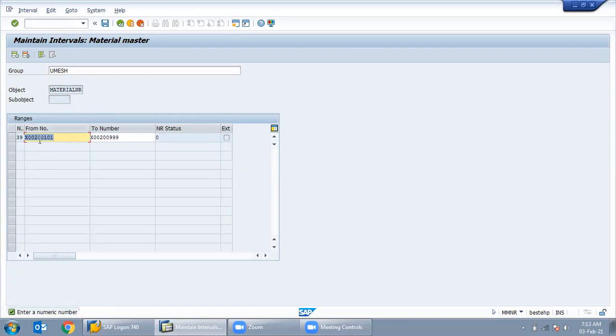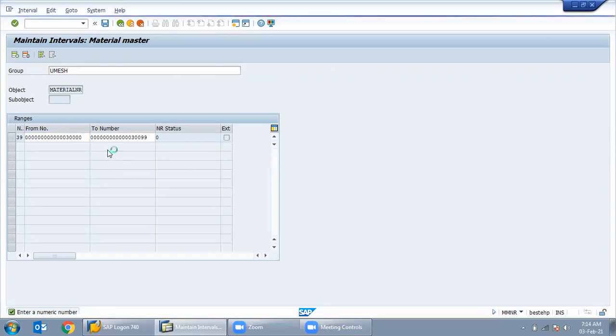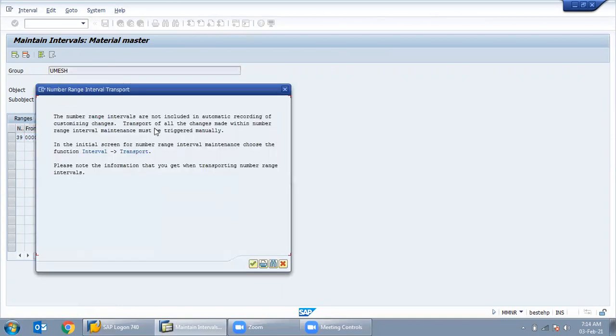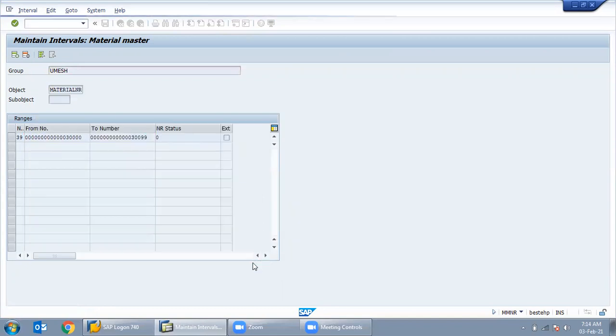Numeric. With numeric, enter a numeric value and enter.